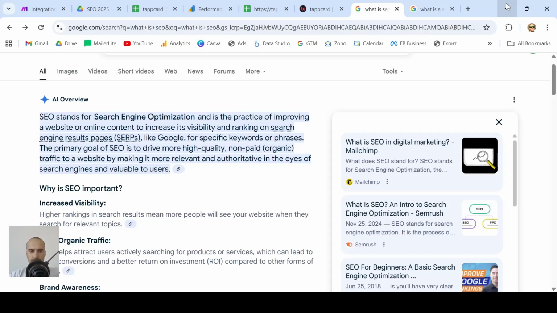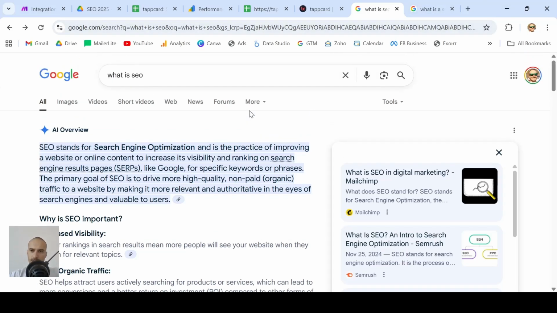Well, we first need to make sure we actually have a blog post or web page that discusses the topic in depth. And we also need to make sure that we have a very short summary paragraph that summarizes the whole idea and the article topic. This is usually what Gemini takes to put right here in the AI overview,